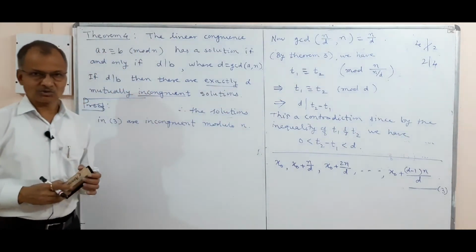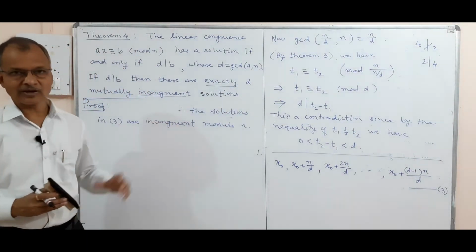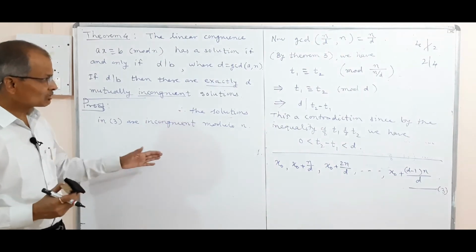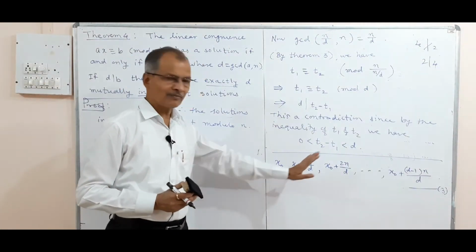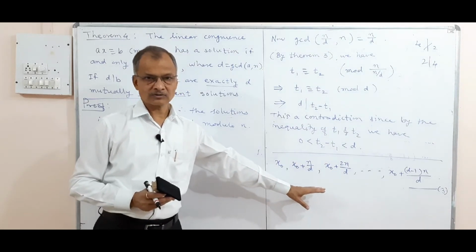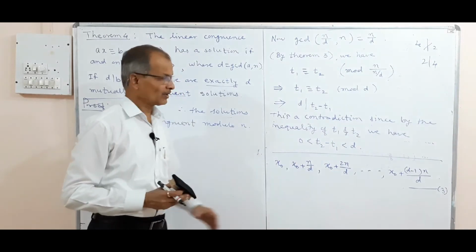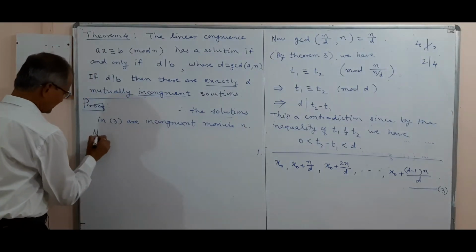Now what about the other solutions? Their solutions can be written infinitely many, but the other solutions will be congruent to one of these. Then there will be exactly D number of incongruent solutions. That is our claim. Further, next we shall show that